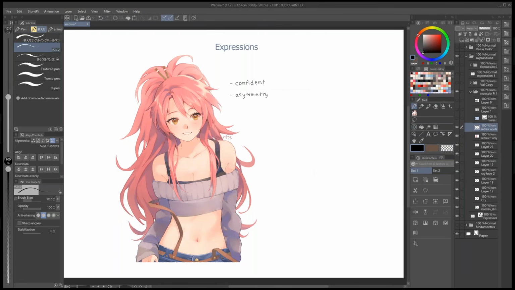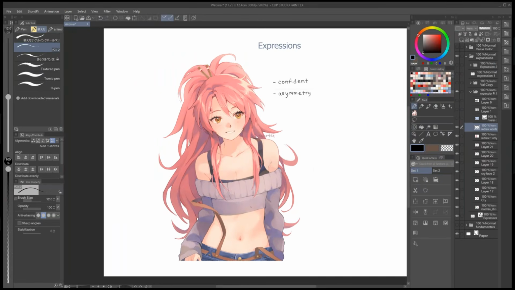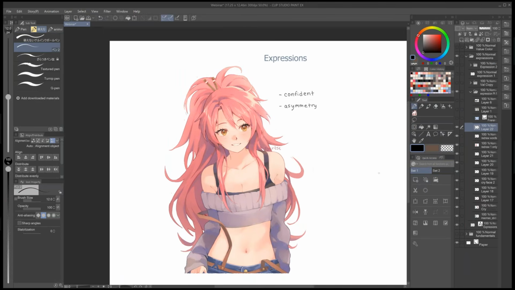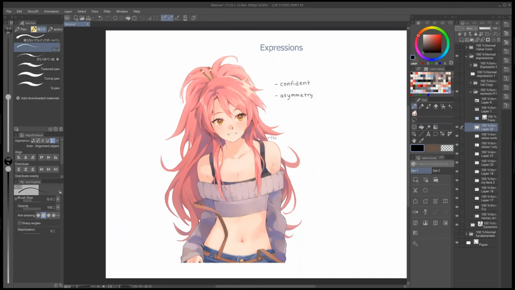I would think that her posture is confident, and the way that she's looking over and her eyebrows are raised is quite confident. But I just want to point out how, even though at first glance she is just a person smiling,